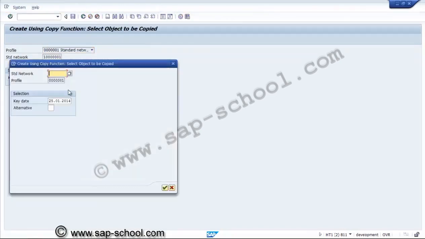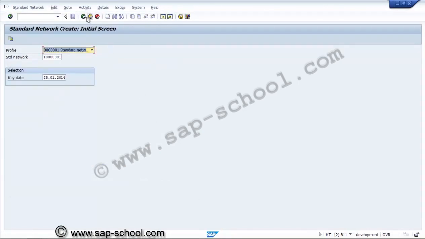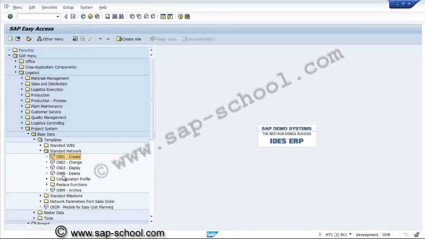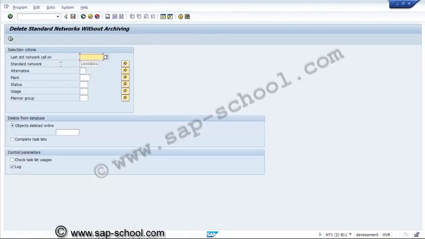Now we can copy from an existing one to create a new one also, and there is a provision to delete the template. Similarly, like WBS templates, here also the standard network template should be released for use.